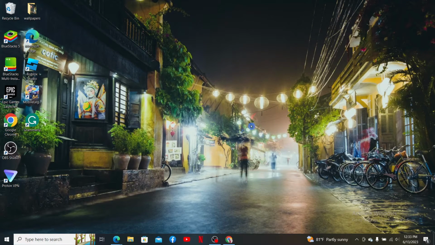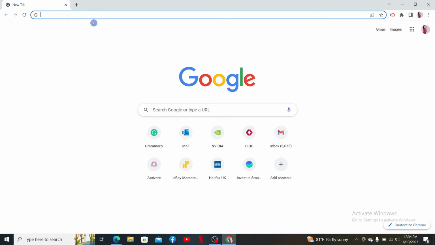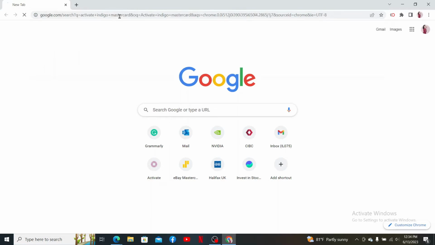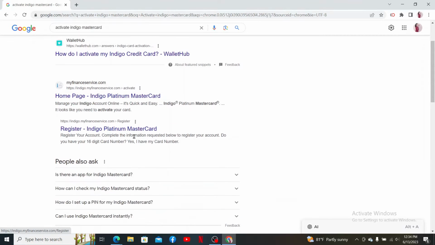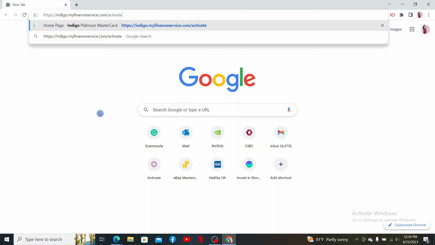First, open up your preferred web browser to get started. Into the URL box, type in Activate Indigo Mastercard and press enter. When it comes to activating your Indigo Mastercard, you can either do it online or over the phone by calling on this number. To do it online, simply go ahead and enter